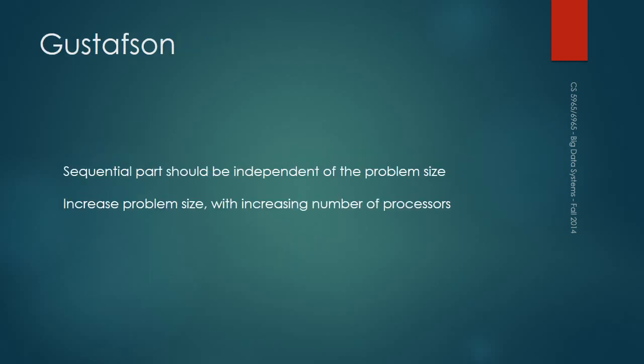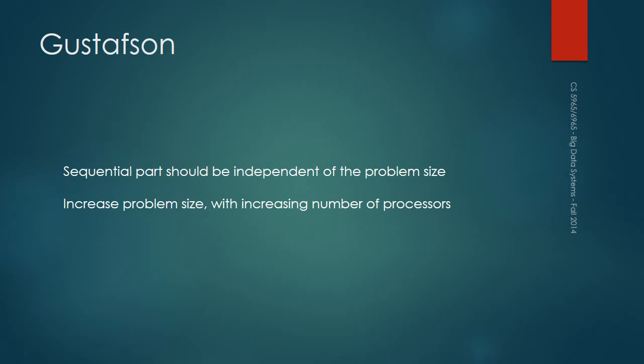As a counter to this, you have Gustafson's statement, which is basically saying that the sequential part, in most cases, this is not universally true, but for a very large set of applications, is independent of the problem size. What that means is that you keep increasing the problem size so that your efficiency goes up because of how they're related. The other way to look at it, and this goes back to the horizontal and vertical scalability, is that I can solve a particular problem efficiently right now for a given size on a given number of processors.